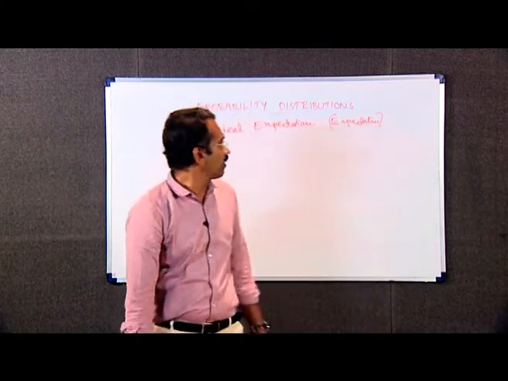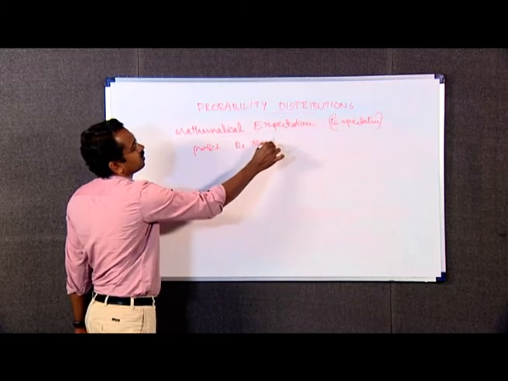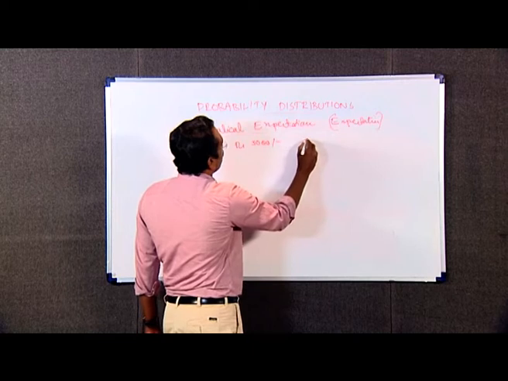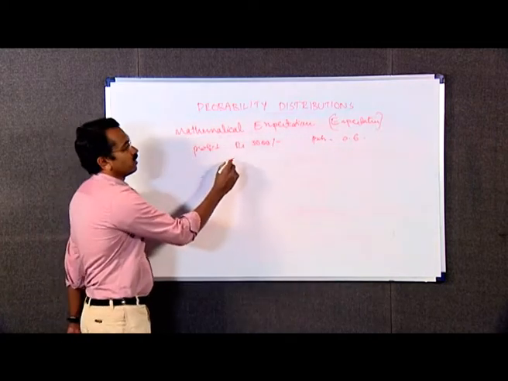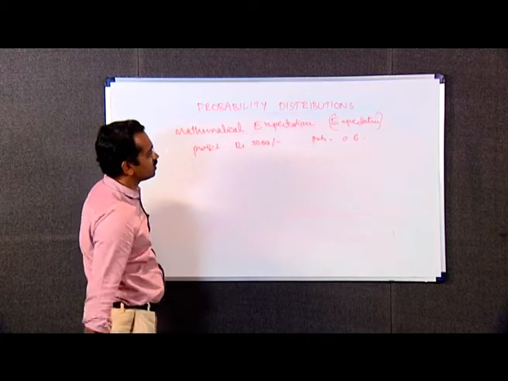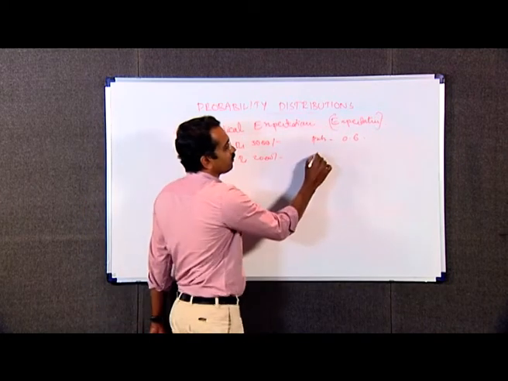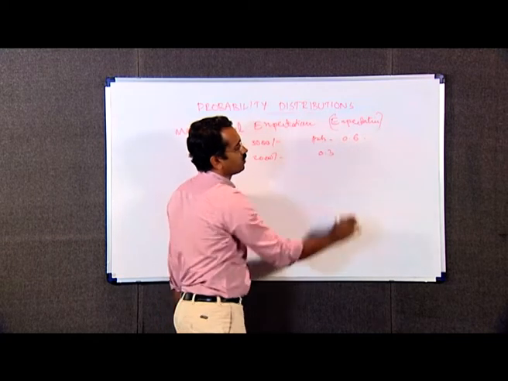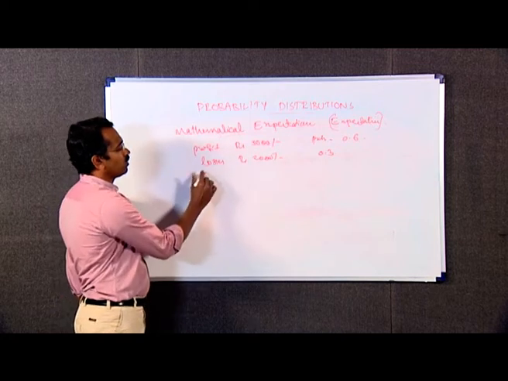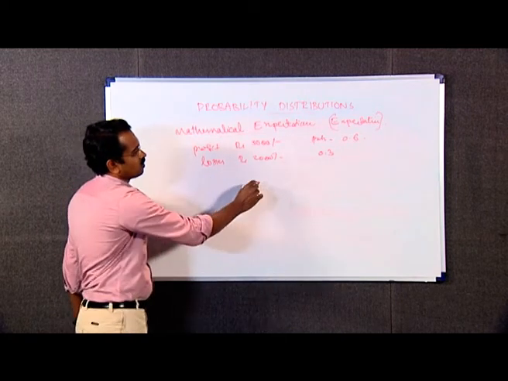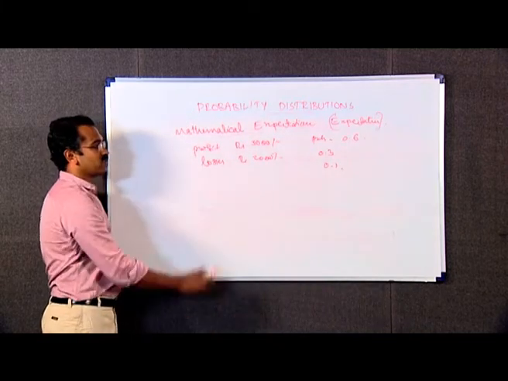In a business, a man earns a profit of rupees 3,000 with probability 0.6, and he loses 2,000 rupees with probability 0.3, and he neither earns a profit nor a loss with probability 0.1. Then his expected profit in the business is